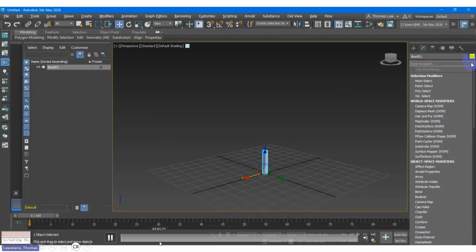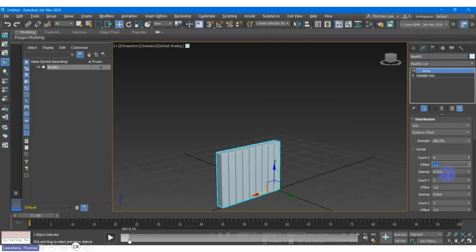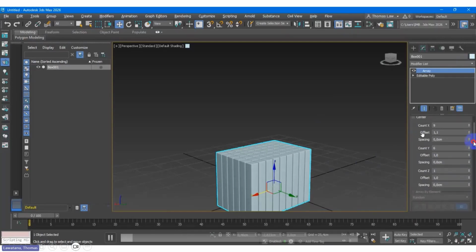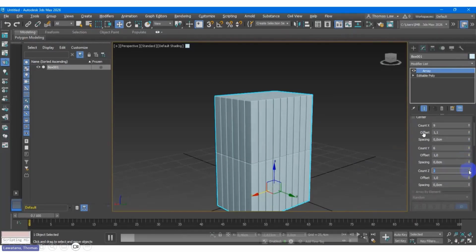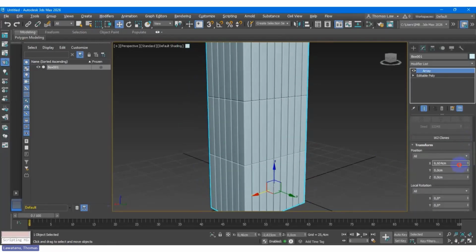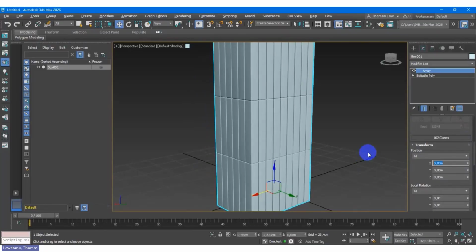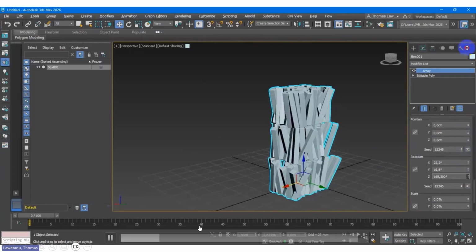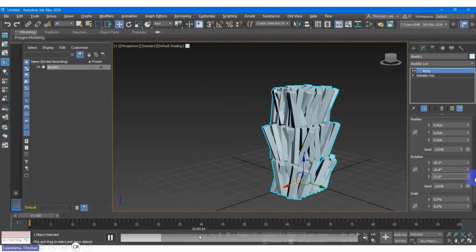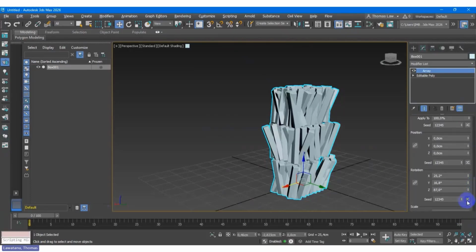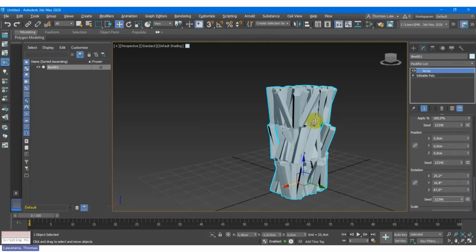So this is the quick one: how to apply the array modifier. You go to the modifier list, then you can choose. There are all the things you need to adjust: count Z, count X, anything, even random. You can adjust the whole set of options to your creative object. Like this one, I want to change the random positions, and it gives you some ideas. Sometimes people create a roof. I saw before they created a roof by using the array.